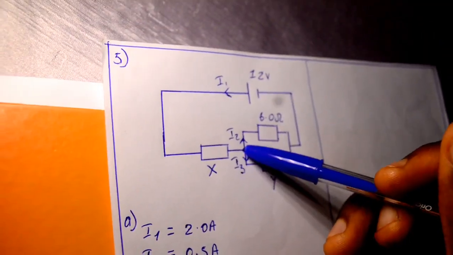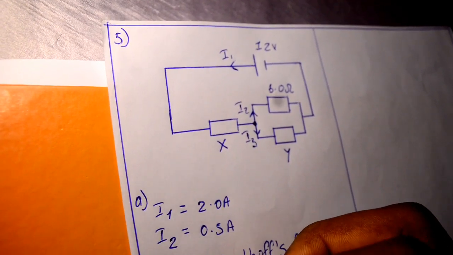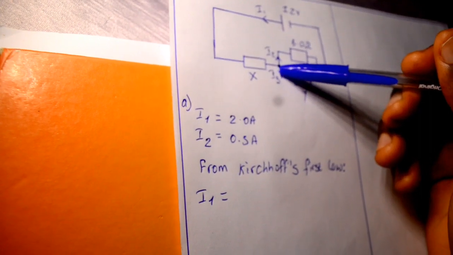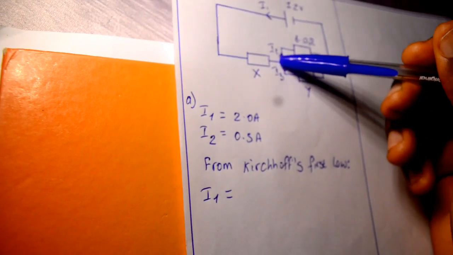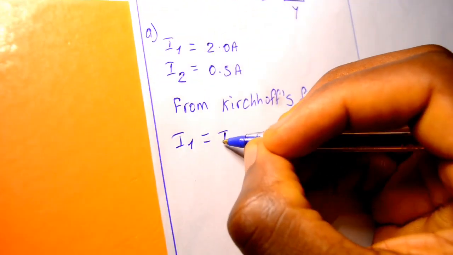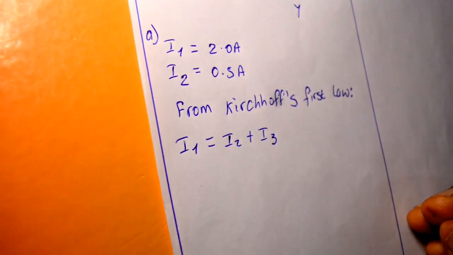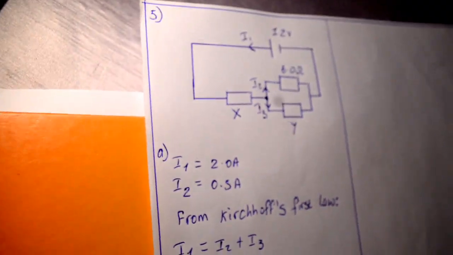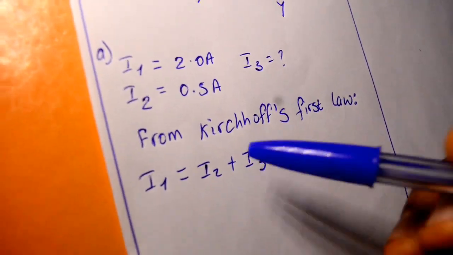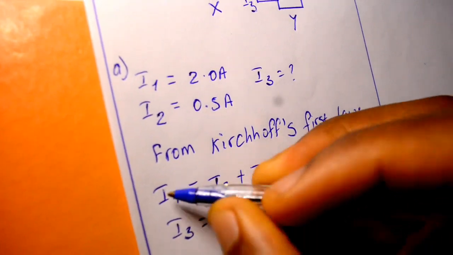Current entering a junction is what? I1 equals current leaving that same junction, which is what? I2 plus I3. I hope it's clear. So how do you get I3? This I3, how do you get it? I3 will be equal to what? This I1,